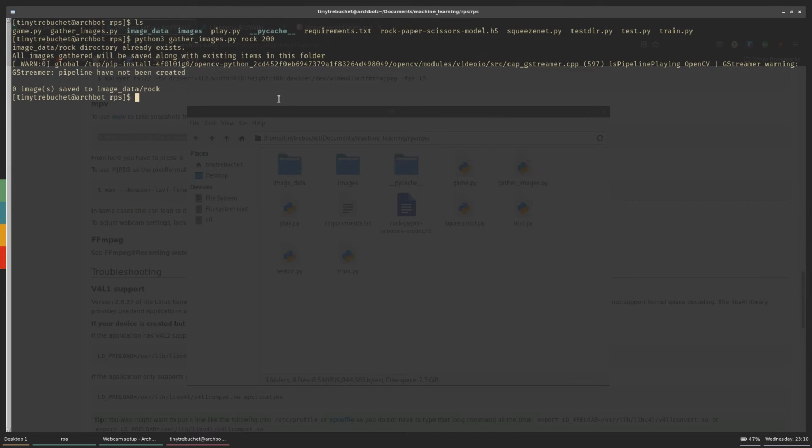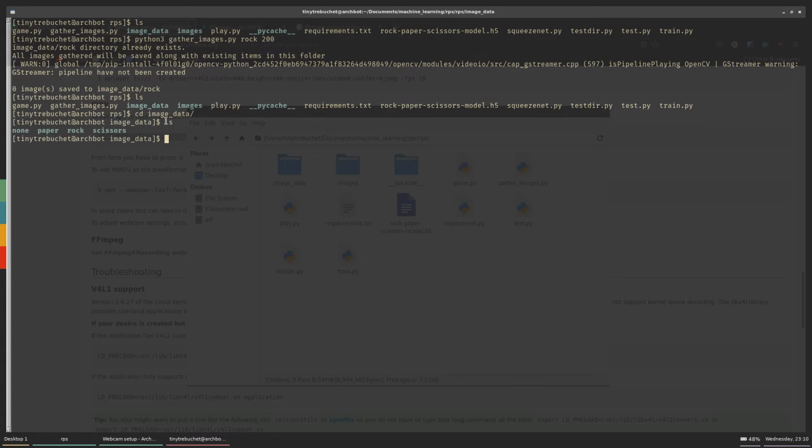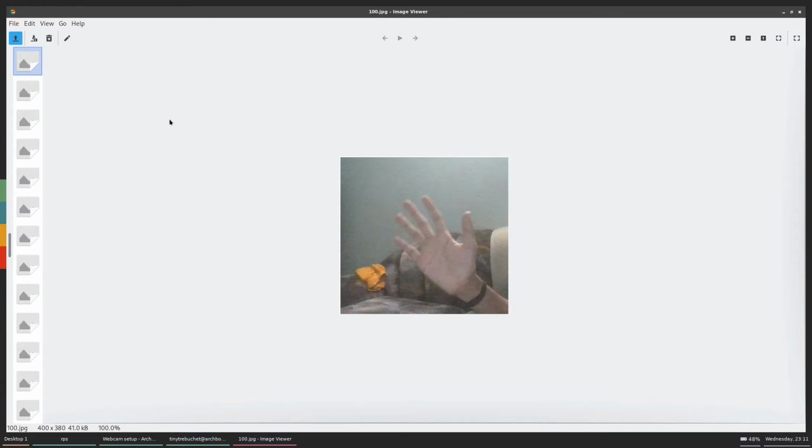Once you have done this, you have to do this for rock, paper, and scissors, and a fourth data type called none. Basically, you will leave a blank background. Once you're done with that, you'll have all the images captured inside the image data directory. Let me just show you how it looks. So here are our images. Let me just show you paper, for instance. I captured this data using my webcam, and basically this is how I trained the model using these images.